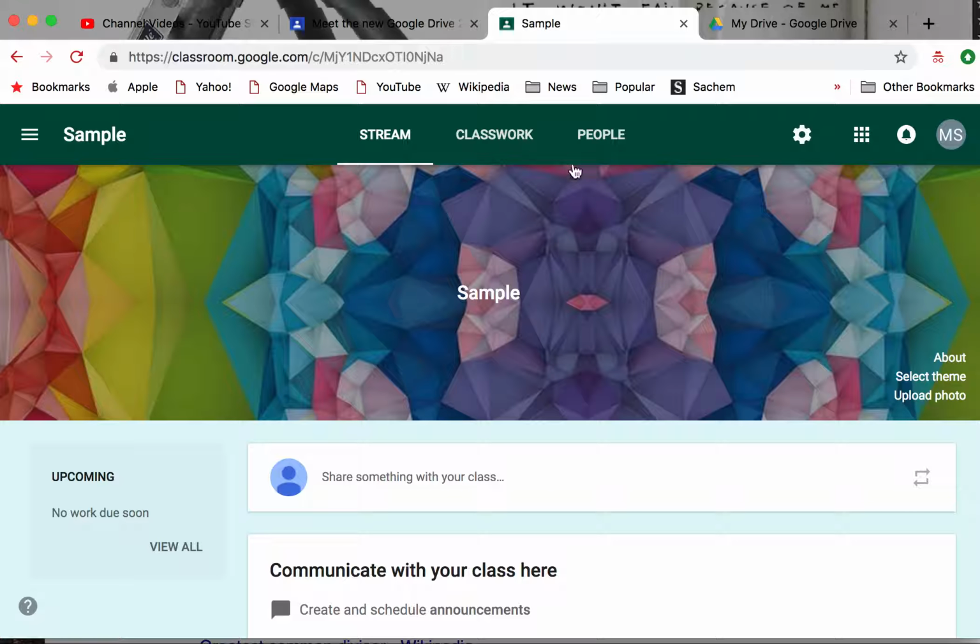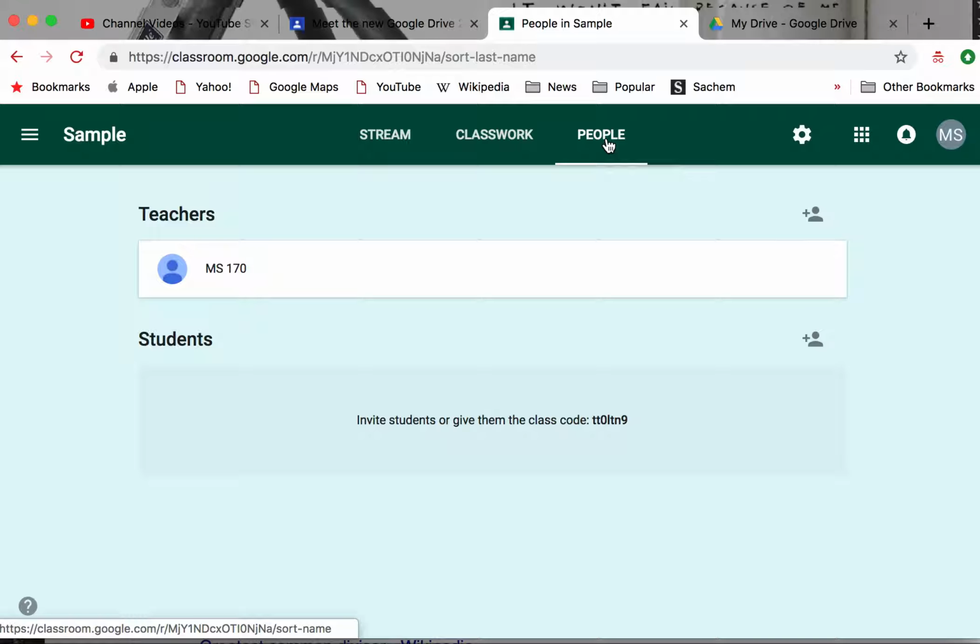But you'll want to get some students in your class, or perhaps you co-teach. In either event, one of the ways you can do that is go to the People tab. If I want to invite teachers, I'll use this icon up here in the Teachers section. If I want to manually add students, I can use this button down here where I'd have to type each person's email. Most of the teachers I work with opt to go with this other method, the way you join